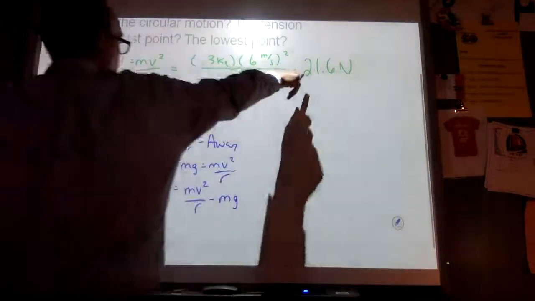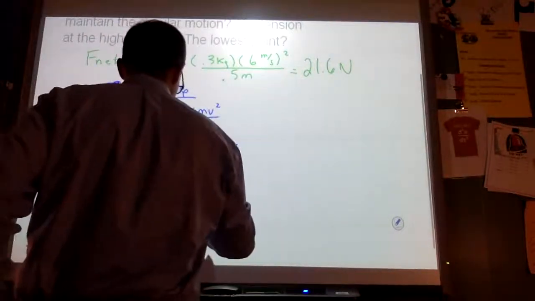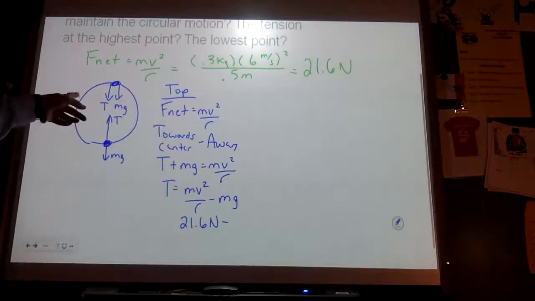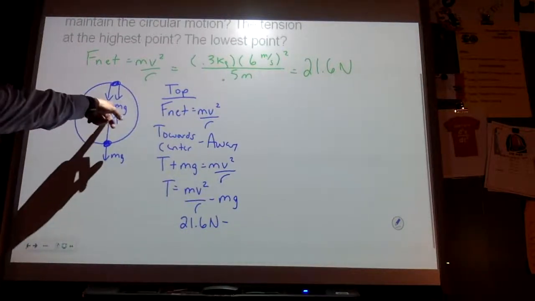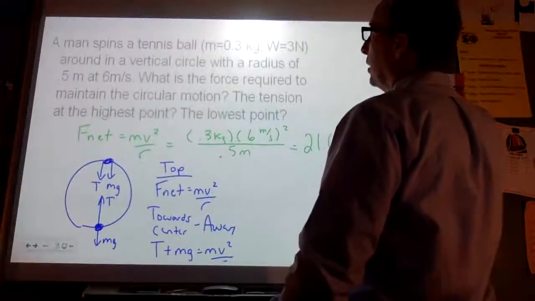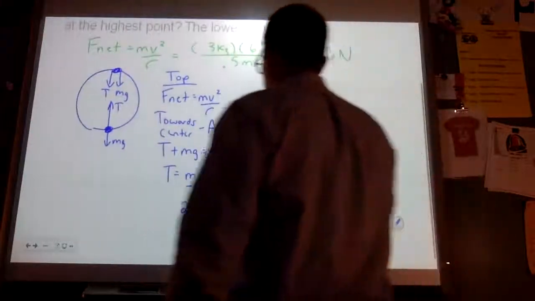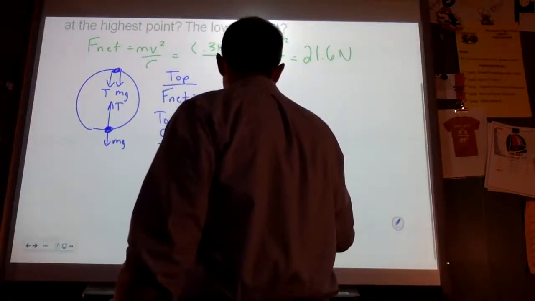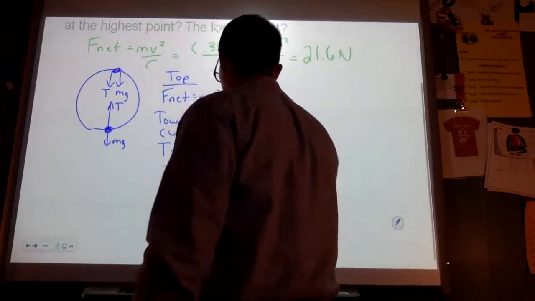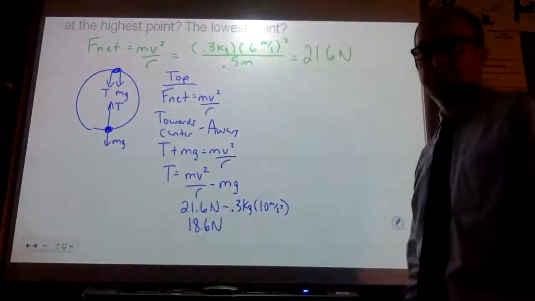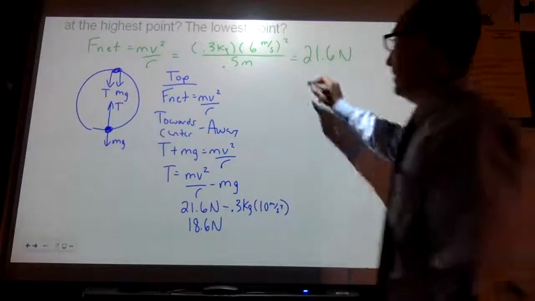So my mv squared over r I know is 21.6. And in this case, the tennis ball is helping us turn because it's also pointing towards the center. So this is going to be 0.3 kilograms. I forgot the mass of my... 18.6. All right, when I'm at the bottom,